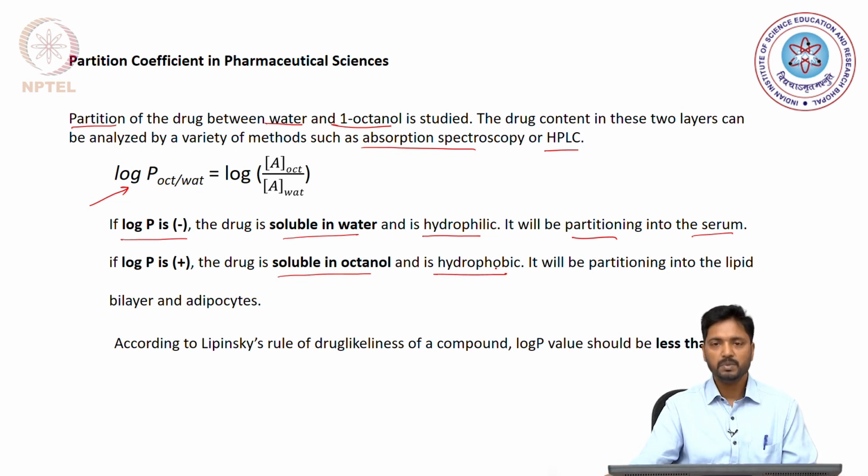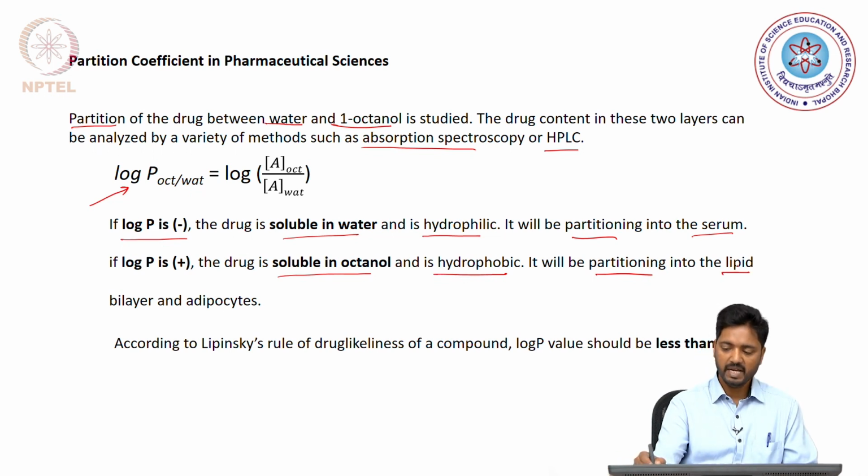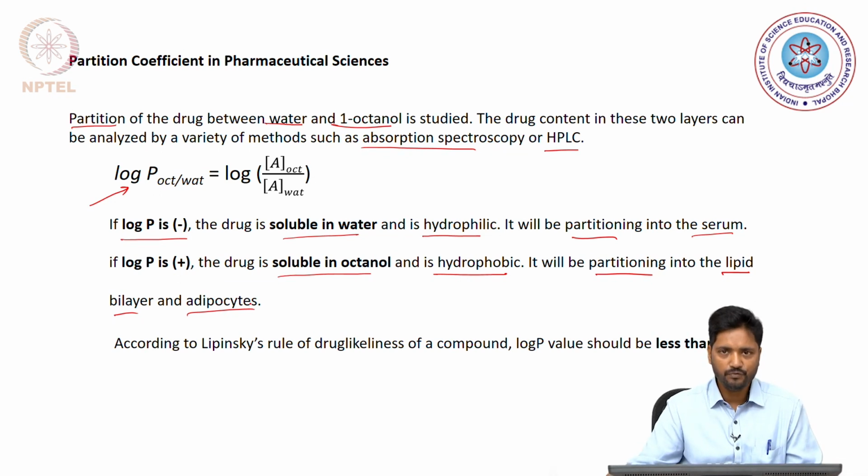And because of its hydrophobic nature, the drug would like to partition in the hydrophobic compartments such as the lipid bilayers or the adipocytes. So, people have found a very clear correlation between the log P values and how the drug partitions between the hydrophilic and the hydrophobic compartments of our body. For example, even whether the drug will pass the blood brain barrier and be